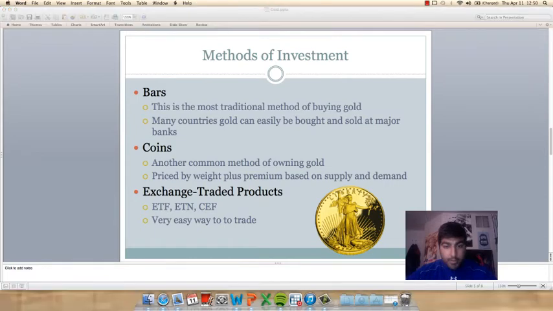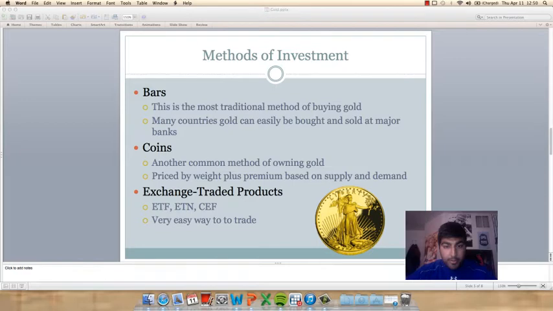There are many investment vehicles for buying gold. The first one is the most traditional method, which is buying gold bars. In many countries, gold bars can be easily bought and sold at major banks. The bars can be bought at various sizes and carry very low premiums. One of the few risks associated with buying bars consists of forgery, since there are not high standards for the